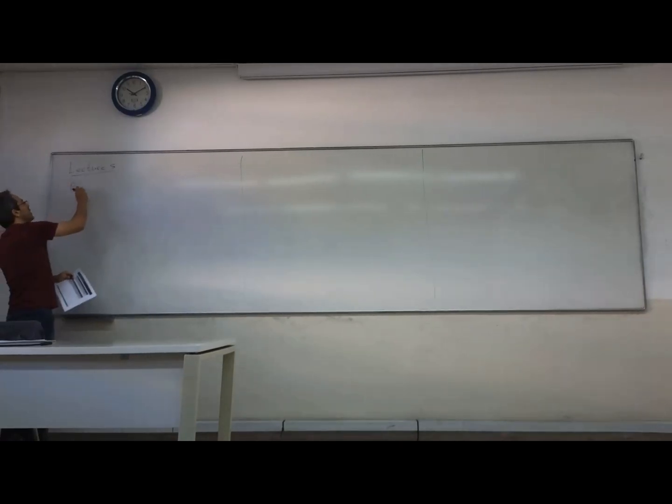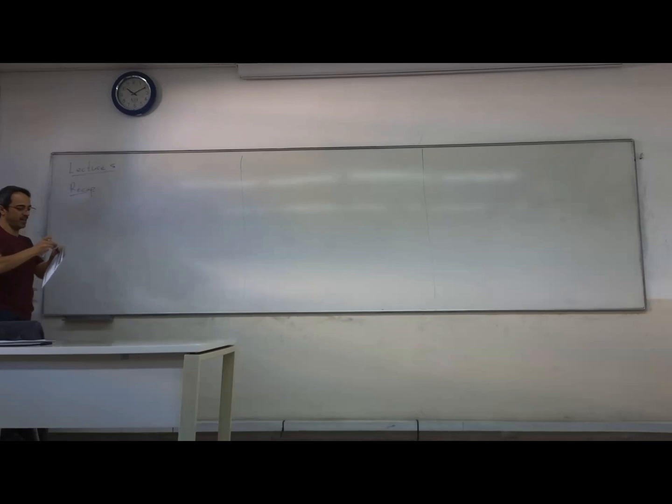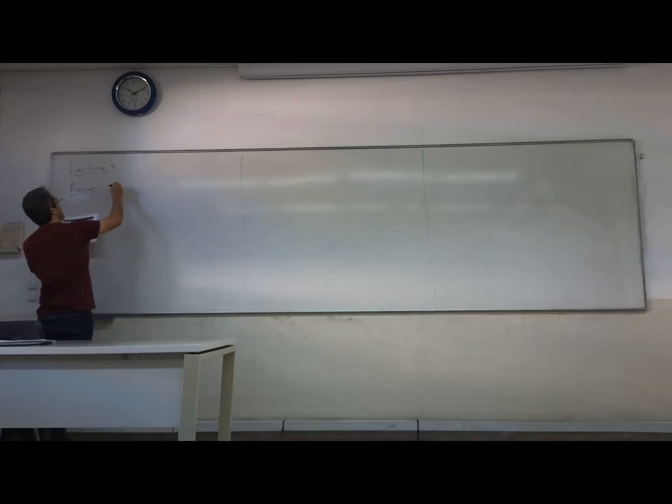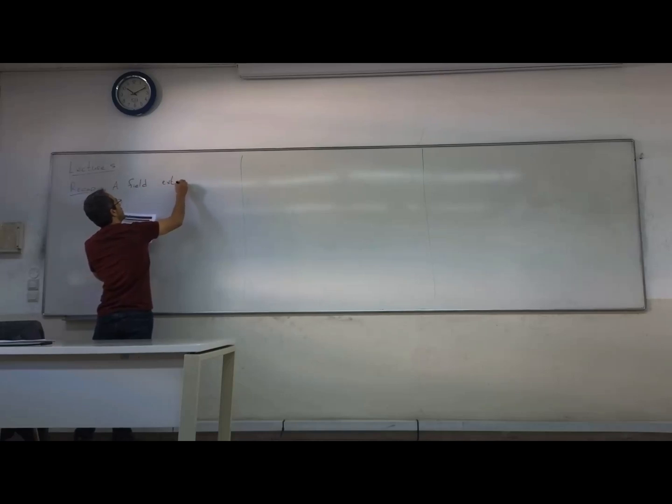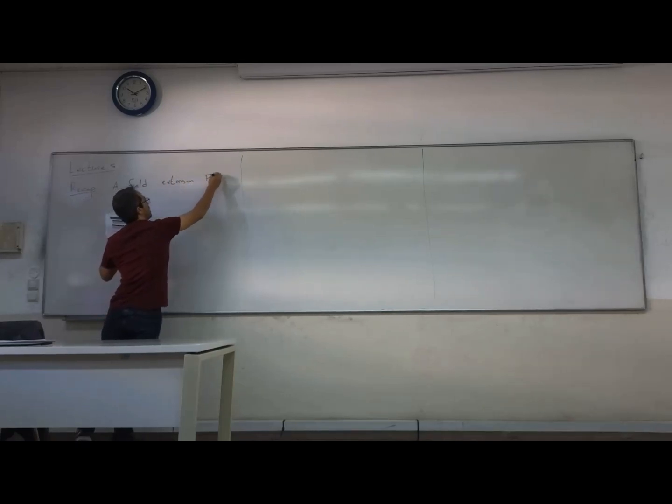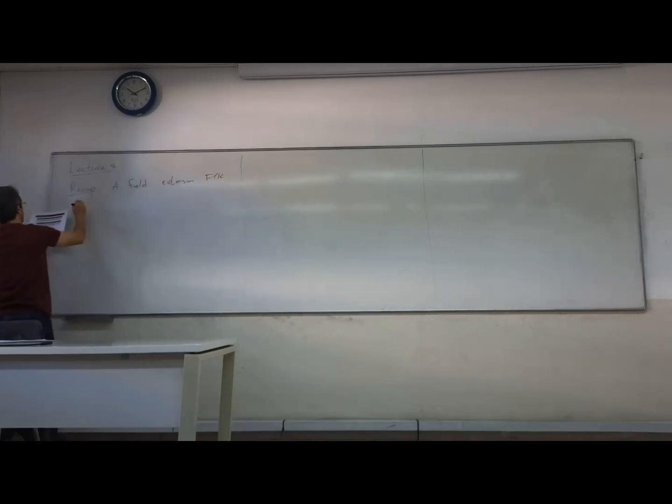As a very quick recap, last time we defined this notion of a function field. We actually had a more general definition, but then we restricted to the case of a one-variable function field, and we had an alternative characterization of that, and I'm going to use that as the definition. And so, a field extension F over K is a function field